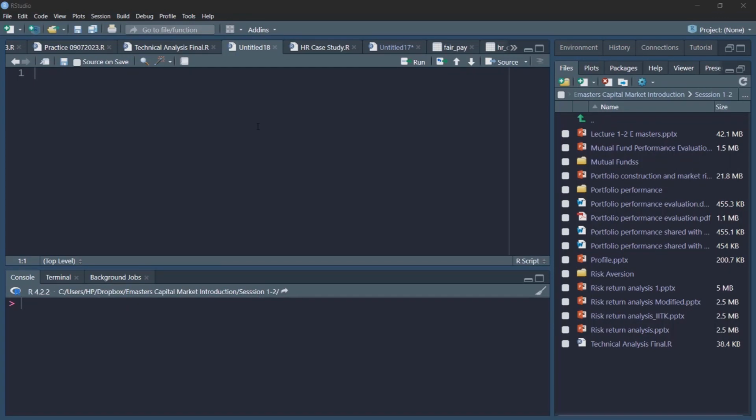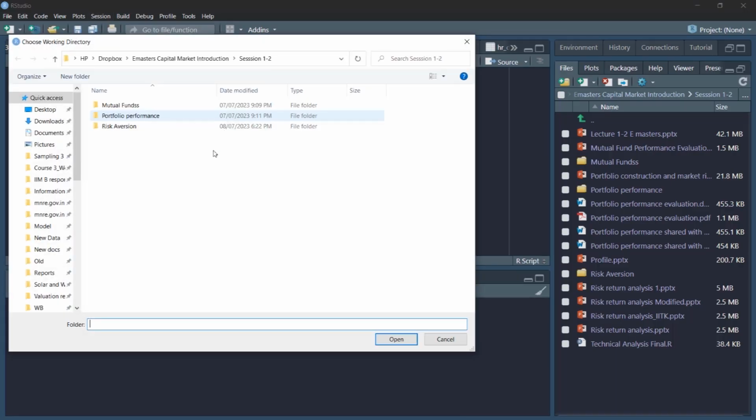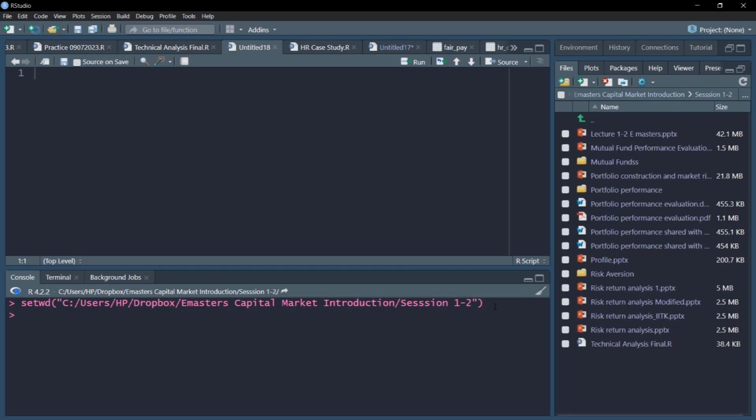Dear learners, in this video, we'll see how to load the relevant libraries and download the data. First, we'll set the correct working directory. This is a very important step. We should choose the working directory where all the relevant data and files are loaded. Once I select the working directory, notice a command has appeared in my console. For future purposes, I will keep this command in my script file so that even if I forget where my data and relevant files were, I can still access it through my script file.